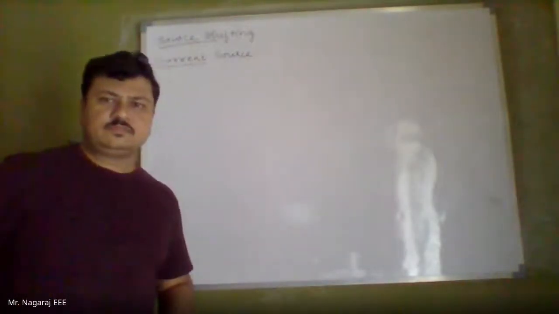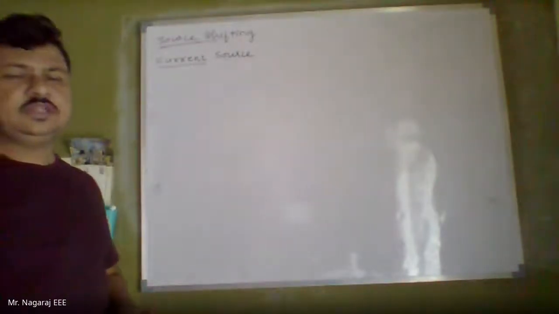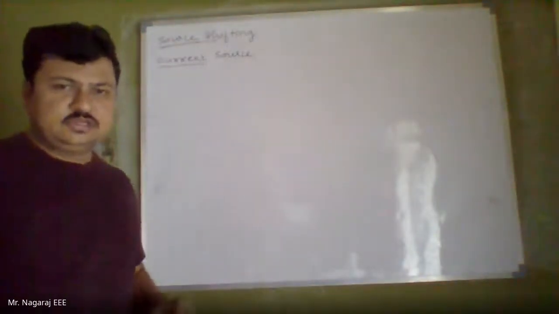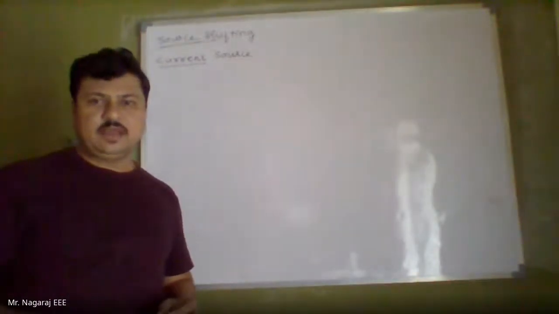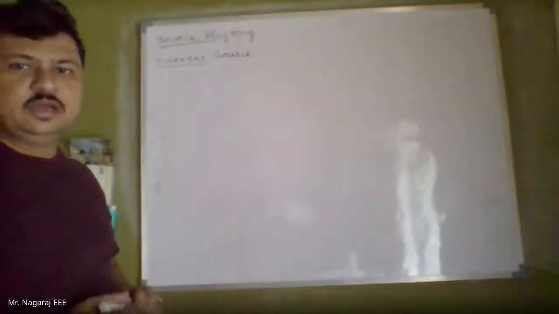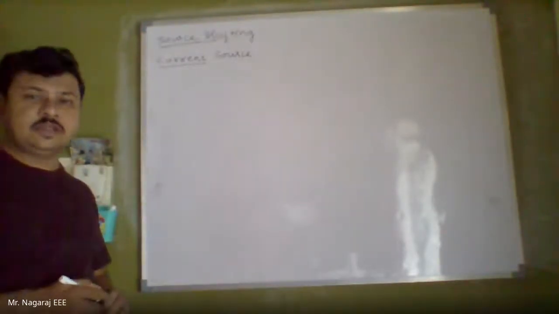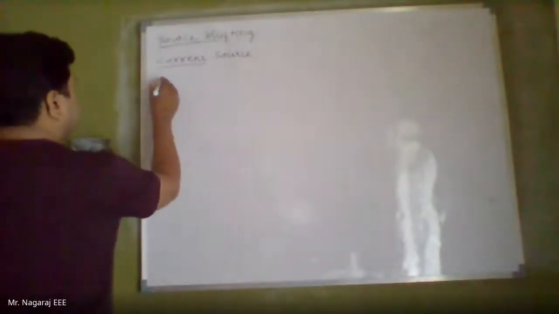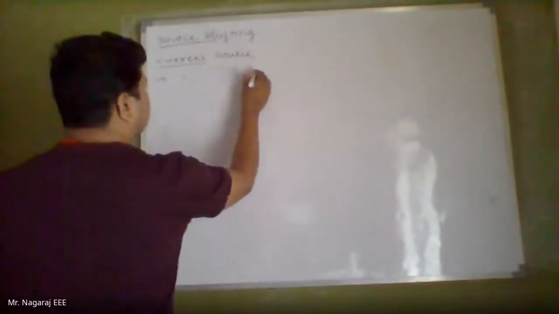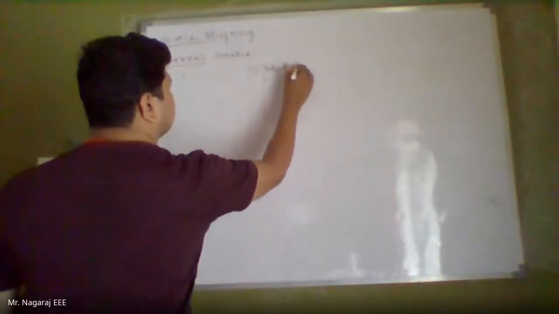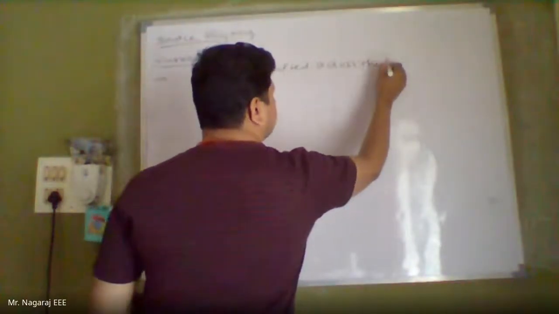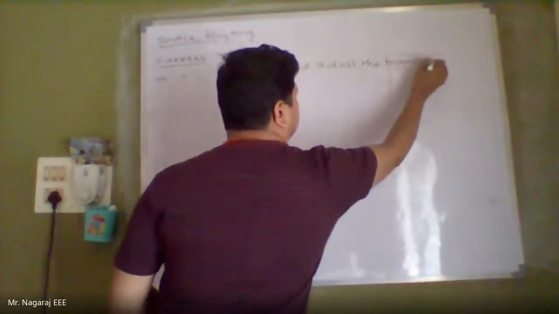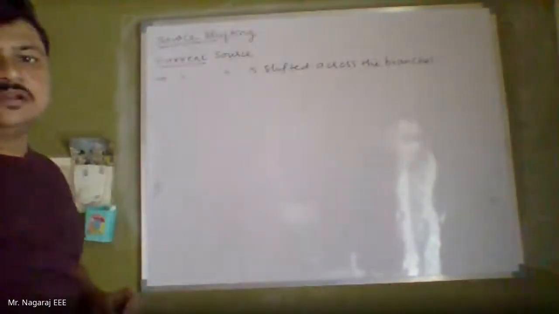If I have to shift the voltage source, what I am doing is I am just pushing the source beyond the nodes, such that the polarity of the components will remain unaltered. Now if I have to shift the current source, I am shifting the current source across the branches.